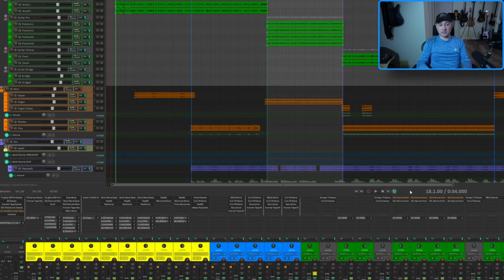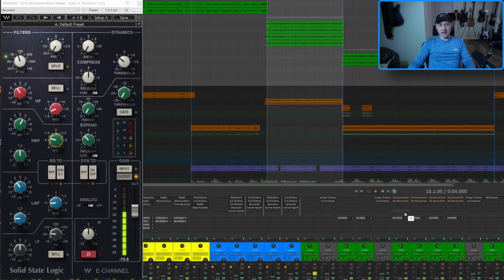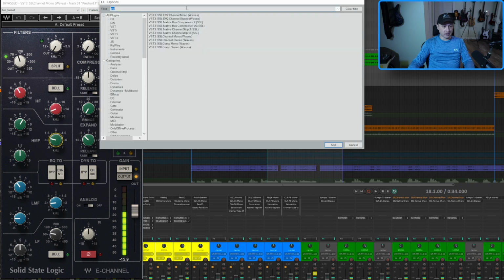Those sounded pretty close to me. I know the original Waves was modeled after a real SSL, and of course, the Solid State Logic, who owns the SSL, that's what their name is, of course, is going to have it modeled as close as possible. Now that we did that comparison, let's take a look and compare the original Waves to the brand new Waves SSL EV2. And I've been using the mono one on these, so I'll bring up the mono plugin